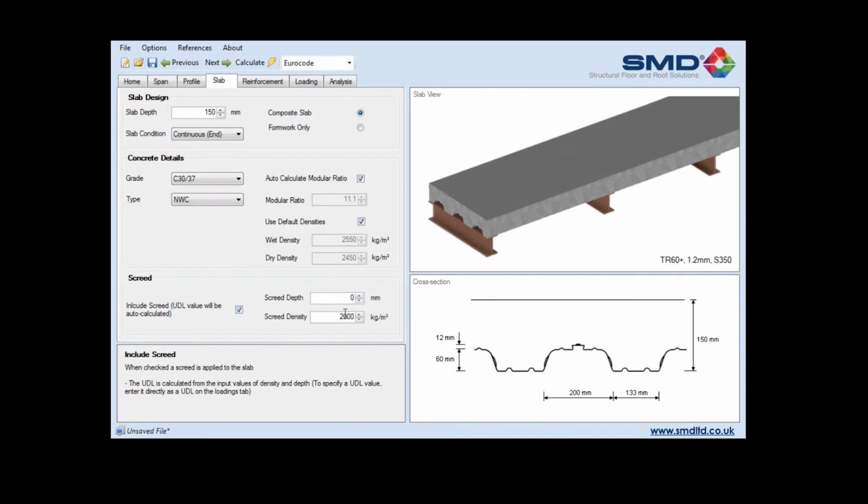So to do that, you would just tick it on, put the screed in that you've got, 25 maybe, 50, and leave the screed density or change the screed density to whatever you wish. I'll leave it as 2000 for the purpose of this calc, and that's kind of the specification of your slab done. You can see the graphic hasn't changed because at this point we've only specified that it's a 150 thick